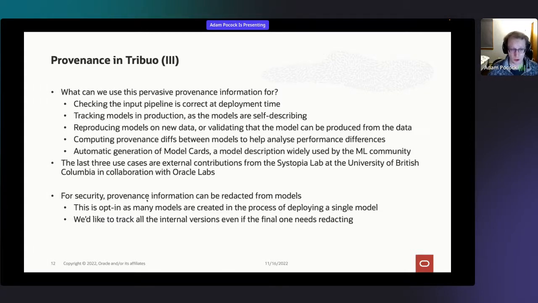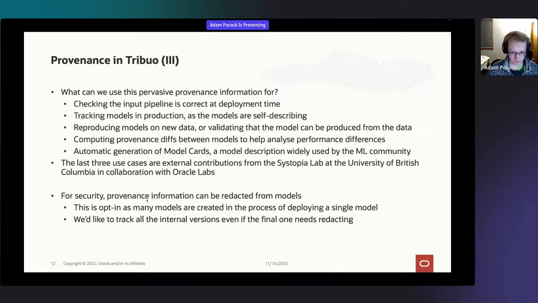As I sort of mentioned before, you can also use it to track these models in production, because the model is self-describing and you can poke extra metadata into it if you want to. The model knows what it is and where it came from. If you have the model object, you have all the information about it. You don't have to look at an external source, which may be lossy, or it may decay.